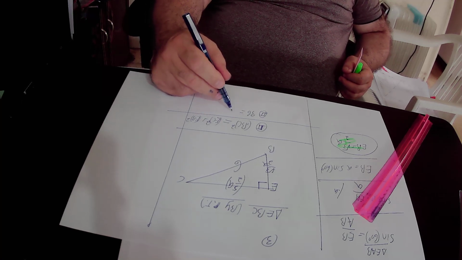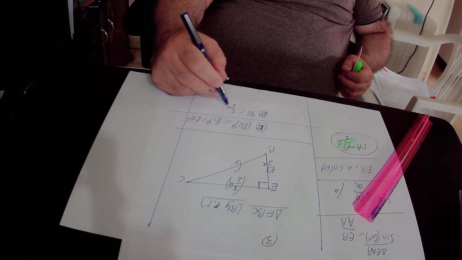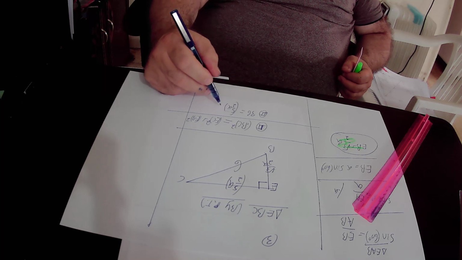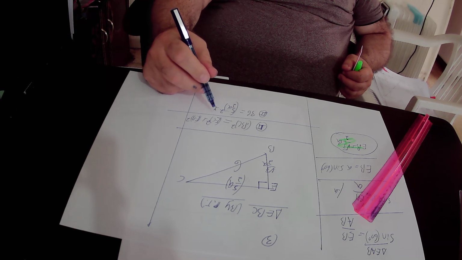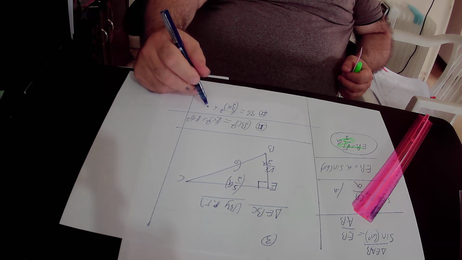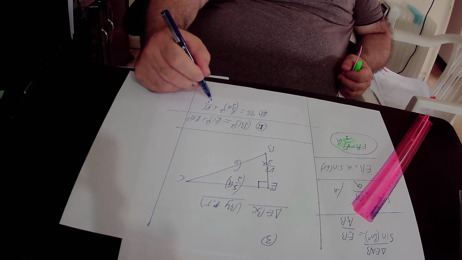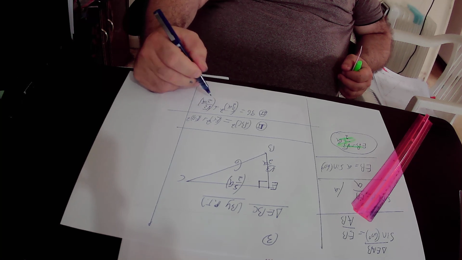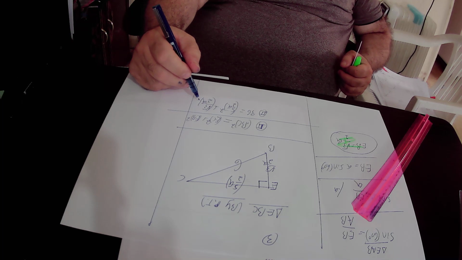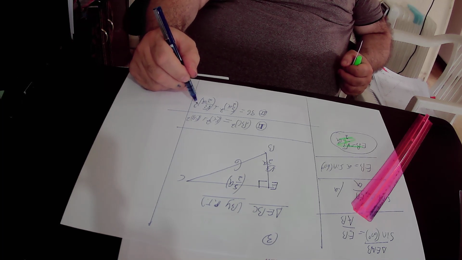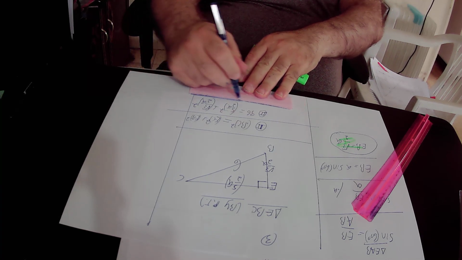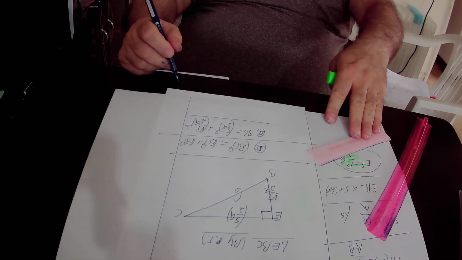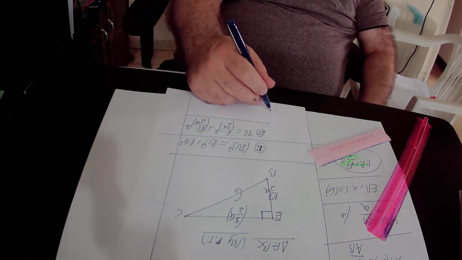EC equals 5 over 2 times A, therefore EC squared will be equal to 5 over 2 times A, squared, plus EB squared. EB equals square root of 3 over 2 times A, therefore EB squared will be equal to square root of 3 over 2 times A, squared. Okay? So here, according to equation number 2, we found out that